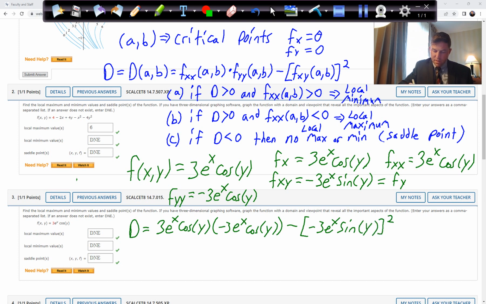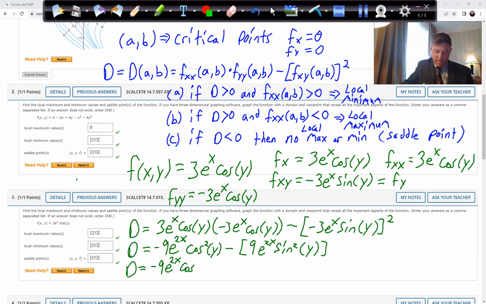But we're squaring that. So if I combine like terms, we're going to get 3 times minus 3, which is minus 9. e^x times e^x is e to the 2x. So those x's add when you multiply the same base. And then we have cosine y times cosine y, so we get cosine squared y. Then when I square this, it's minus 3 squared, which is positive 9, e to the 2x sine squared y. Actually I'll write it out: we get minus 9e^2x cosine squared y, minus 9e to the 2x sine squared y,